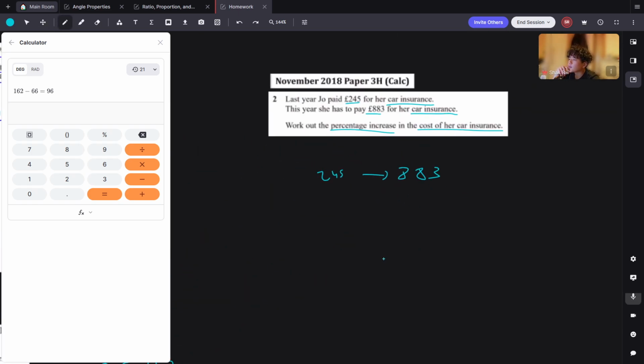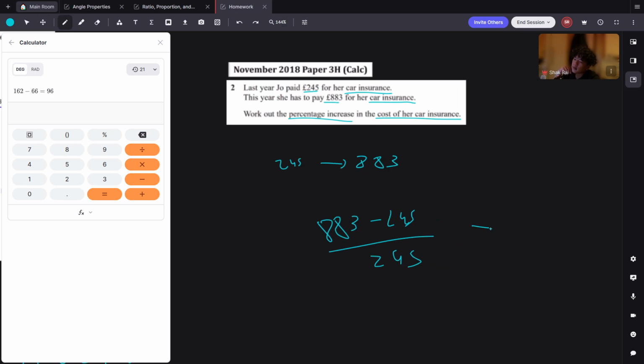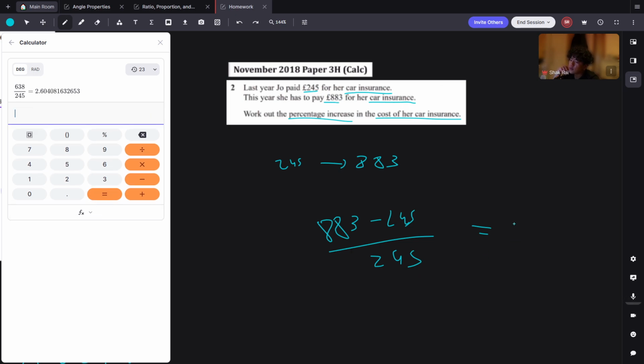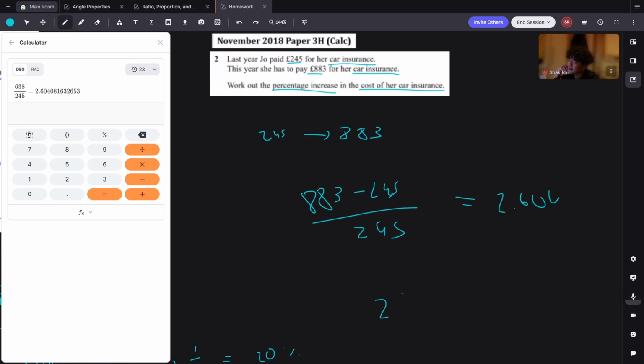So anything with percentage is the change over the original. So it's 883 minus 245 over 245. And this equals 638 divided by 245. And that gives you 2.604. So it's a 260, let's just say 260% increase. Cool, and that's pretty much